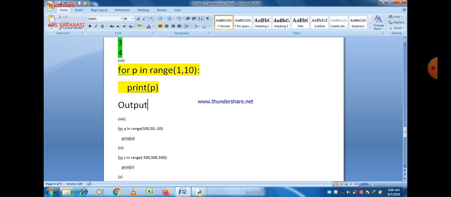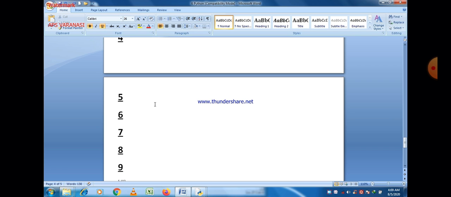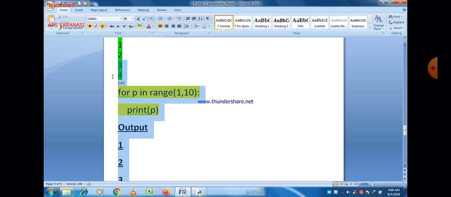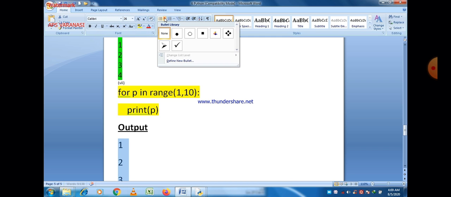So when we compare this program to the previous one, there is a small difference, and the difference is in terms of the starting value. In the last case no starting value is given. In this case the starting value is given here, which is 1. So the loop will start from value 1 and go up to 9 because the last value is 10 here.